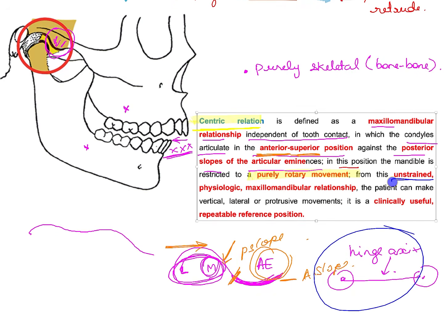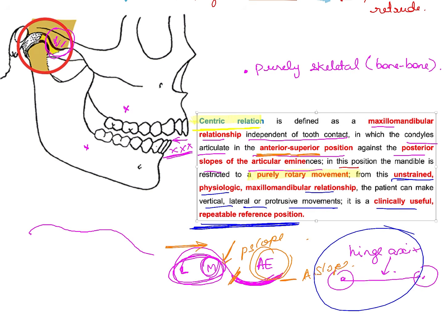From this unstrained position, that means it is an equilibrium state position. There is no muscle contraction or relaxation. They are in tonic equilibrium. From this unstrained physiologic relationship, the patient can make vertical, lateral or protrusive movements, and it is clinically useful and